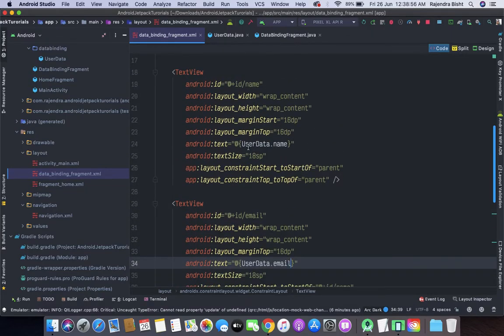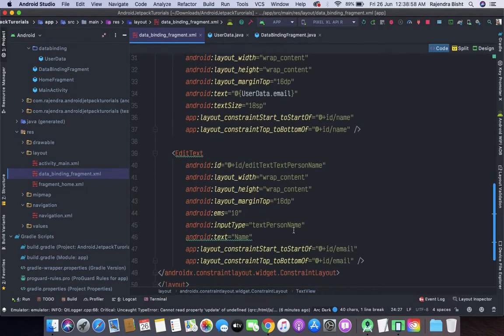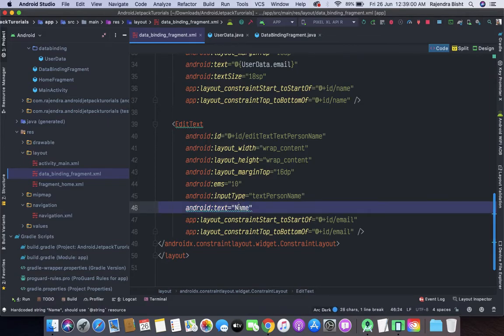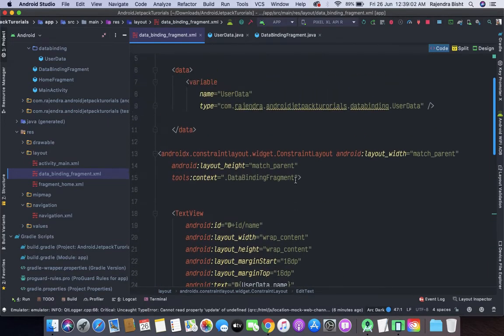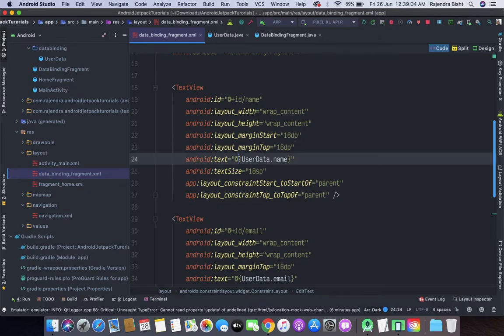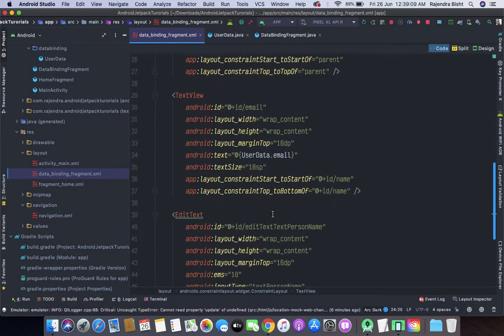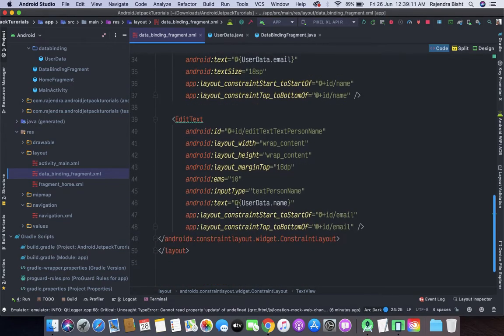For two-way data binding, we need to add an equal to sign after the at sign.